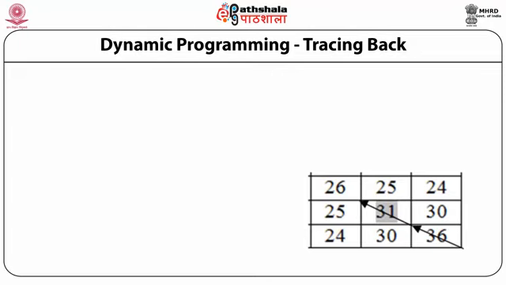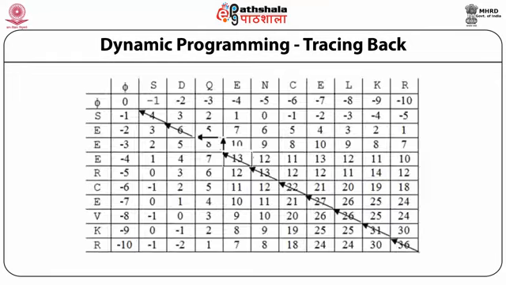In case there are two cells with equal numbers, then trace back to both the cells. These represent alternative forms of optimal alignment and will result in two optimal alignments. But in the present case, we have not seen any such. This traceback results in this path.